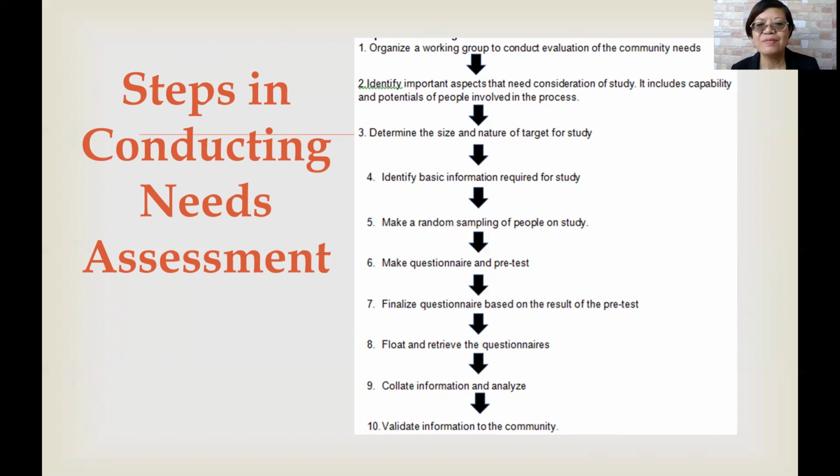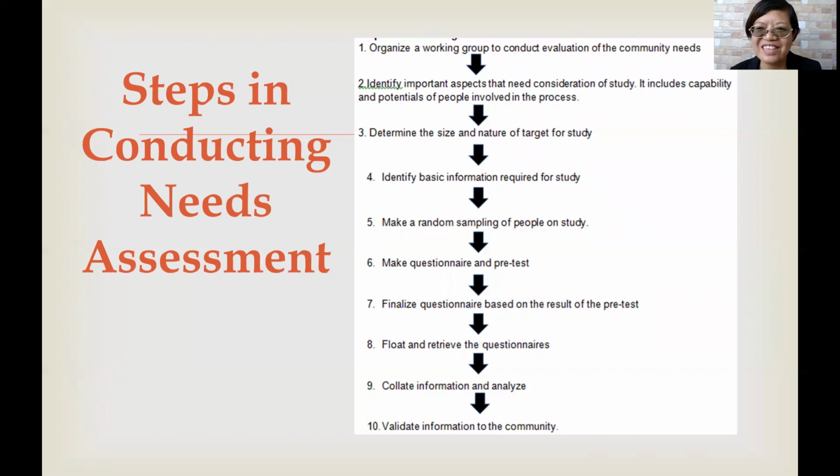No? So you would be thinking of something in line with your expertise, which is health and maybe nutrition or what. So in number 4, you should be identifying basic information that will more or less be aligned